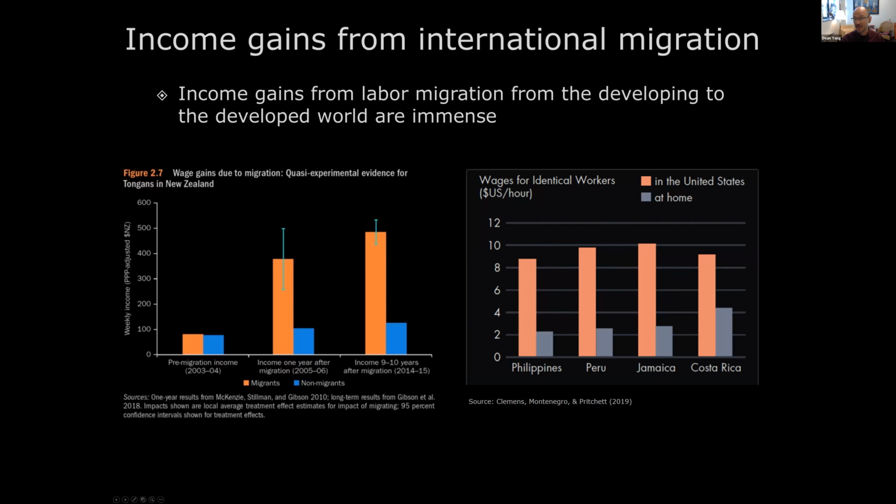Now, of course, this is an observational comparison, not based on a random assignment of someone to the US versus their home country, but I think they do quite a credible job arguing that only a small portion of this difference in income is likely to be due to selection on observables. The vast majority of this difference is likely to be due to the causal impact of moving across a border from a developing country to the US labor market. So, this is about all I'm going to say about this research establishing that migration leads to huge gains when one moves from a developing to a developed country.